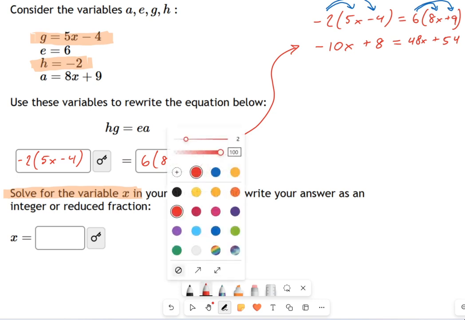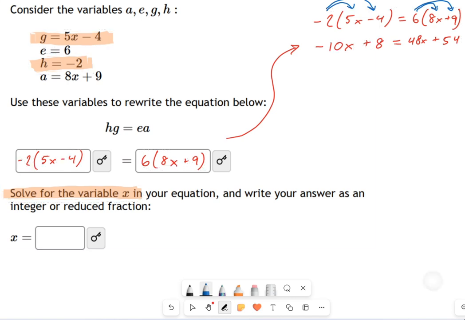Now, to keep on simplifying this and eventually solve for x, what we're going to have to do is get rid of all the things that are not x, or move them to one side, and move all the x's together. This is called combining like terms, balancing the equation, right? There's a lot of words for it. But one thing I notice is there's a negative 10x on the left that I can cancel out by adding 10x to the left, right? That would cross this out. But to do that, I have to add 10x to the right side also.